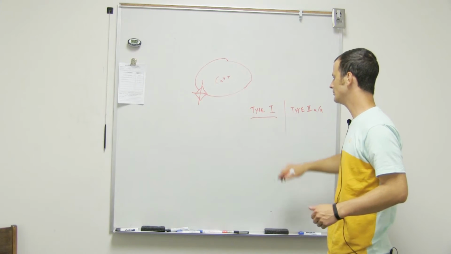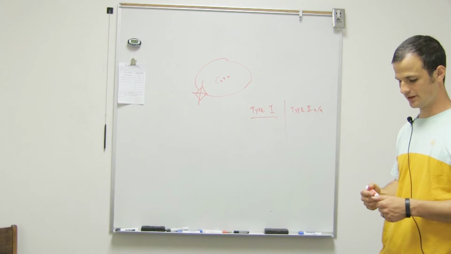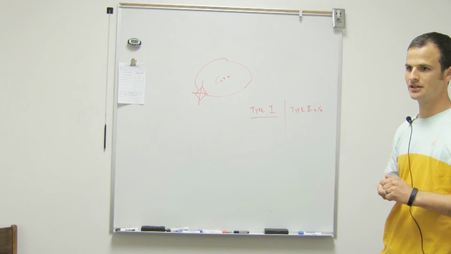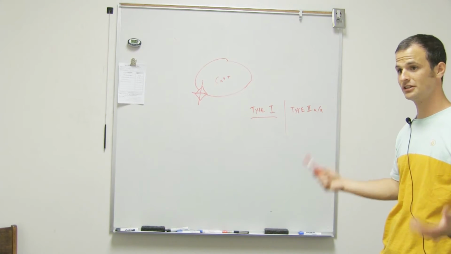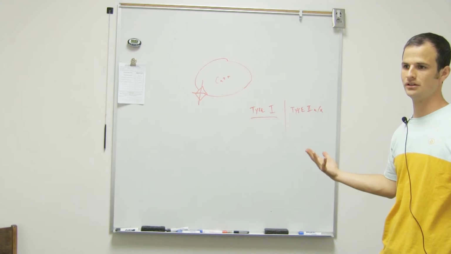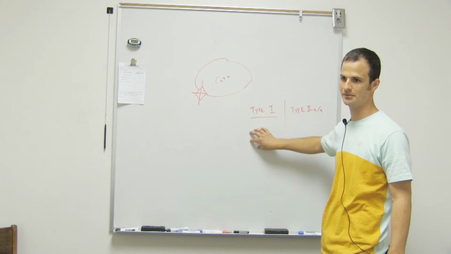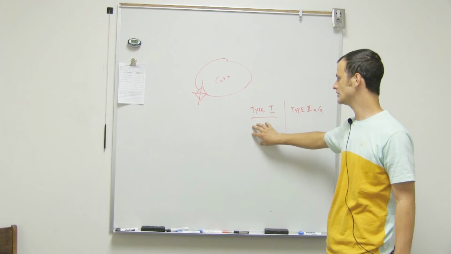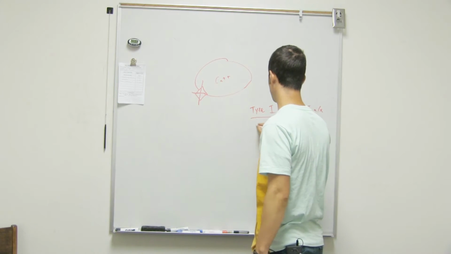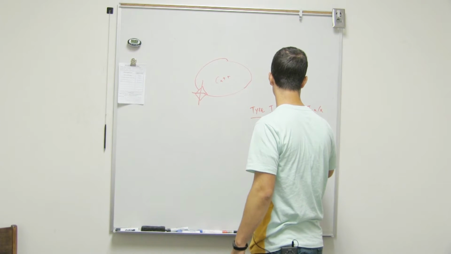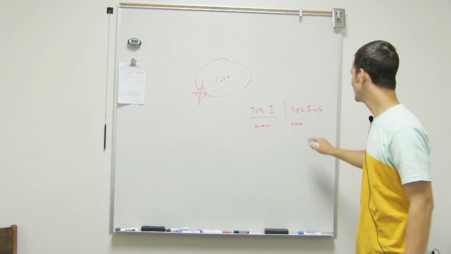Type 1 are going to be your aerobic muscles, the ones involved with aerobic metabolism, so sustained action, basically. Like if you're going on a long run, you'd be using mostly type 1 muscle fiber. Which one's fast and which one's slow? Slow twitch is type 1, and fast twitch is type 2. So slow is aerobic, fast is anaerobic.